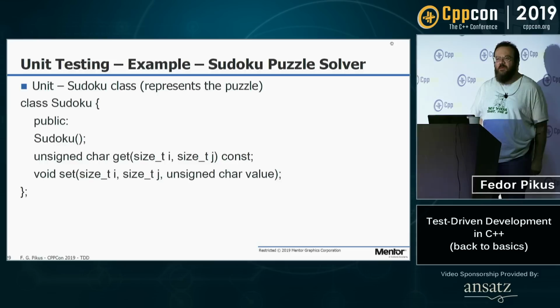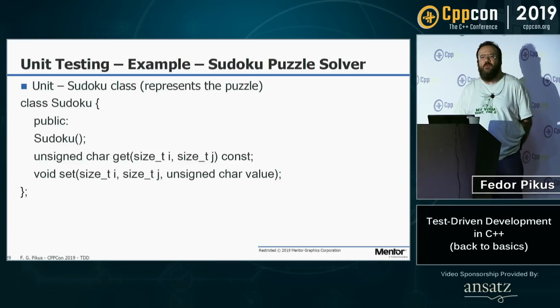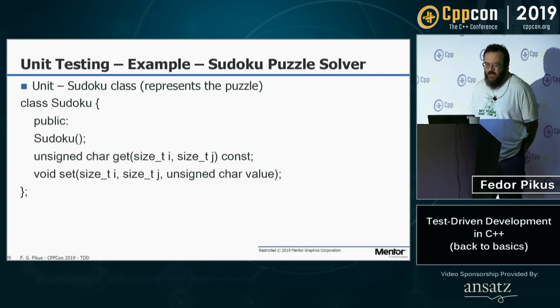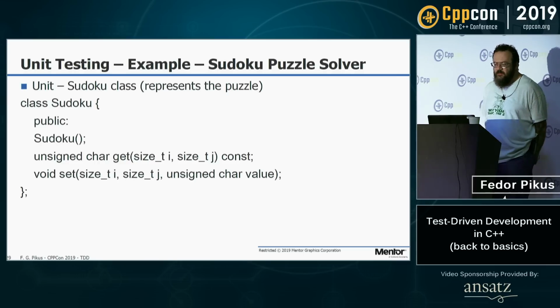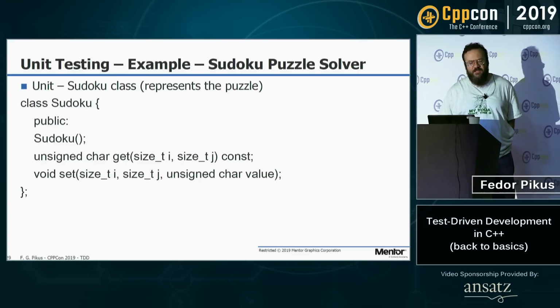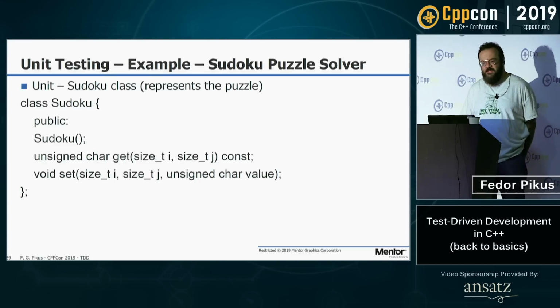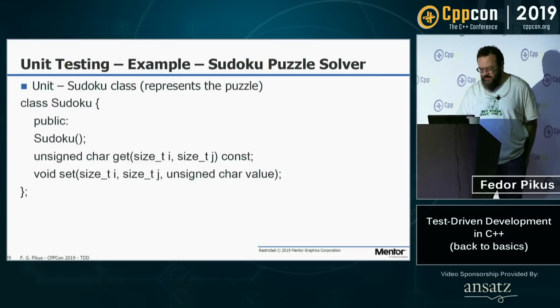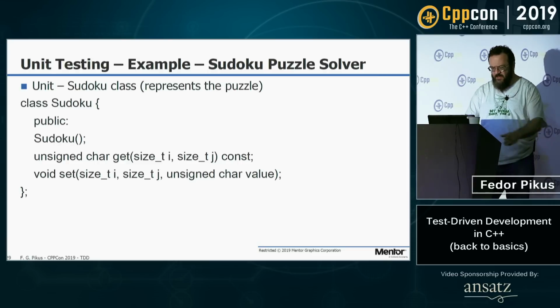Well, before you can write the solver, you have to actually write something that represents the puzzle itself, so you know where the state is. You'll probably write the puzzle itself as a class, and you need a get to access the value of a particular cell, and you need the set to write the value into the cell. You could get fancy with operator square brackets, but this isn't unreasonable.